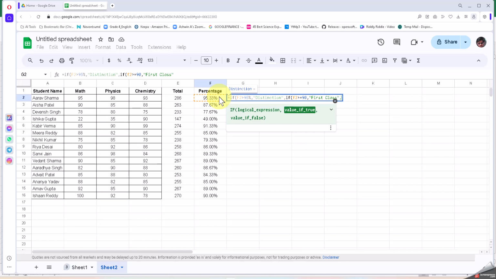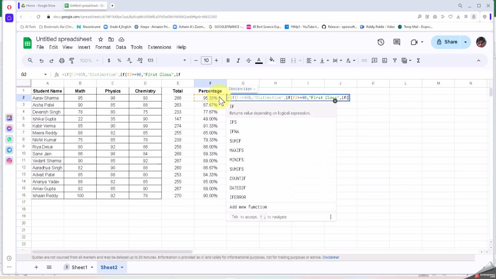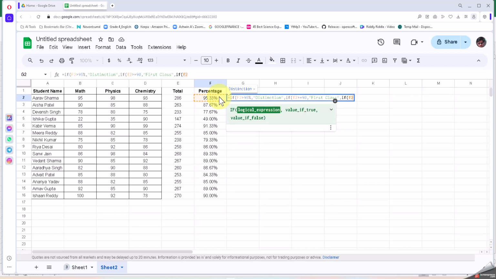Observe the double quotes here. Then I'm going to write the next IF condition. If F2 is greater than or equal to 80%, then comma, "C2+", close the quotes, comma, IF of F2 is greater than or equal to 70%, comma, "third class",